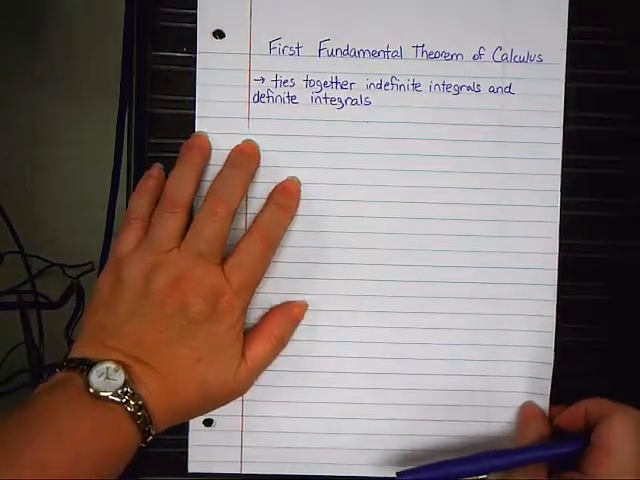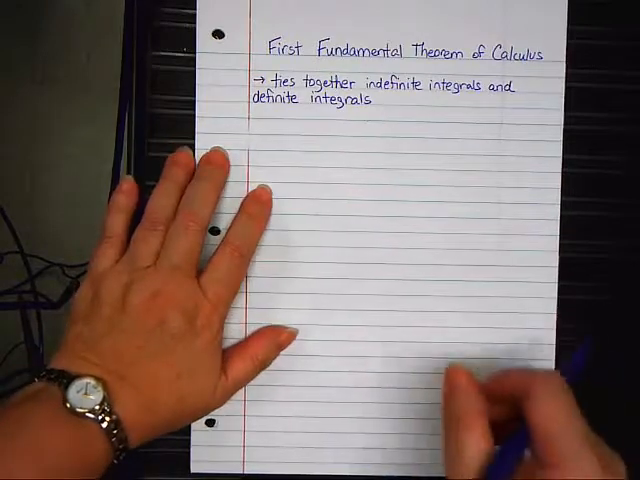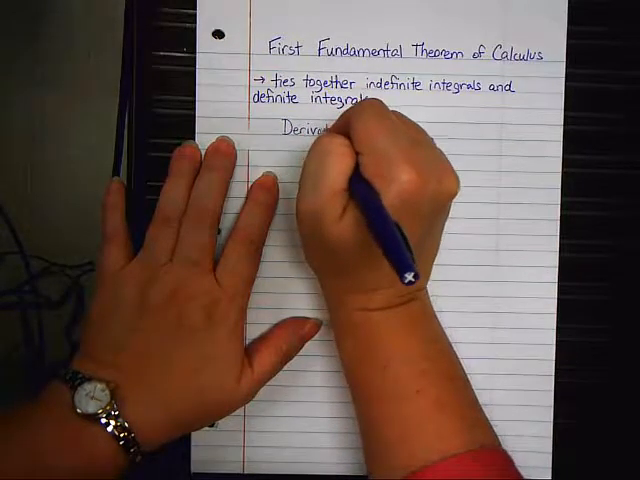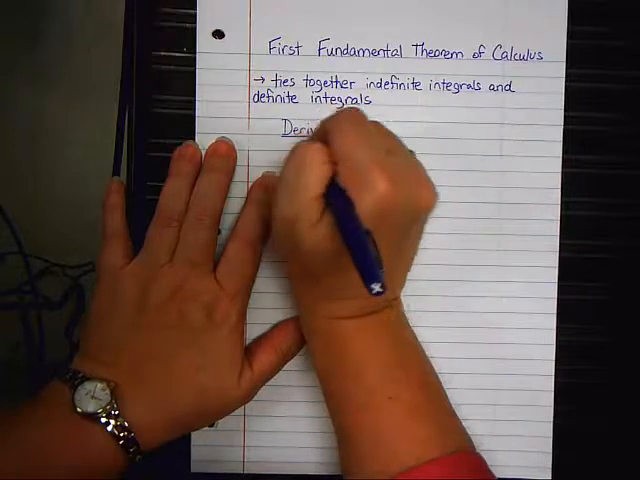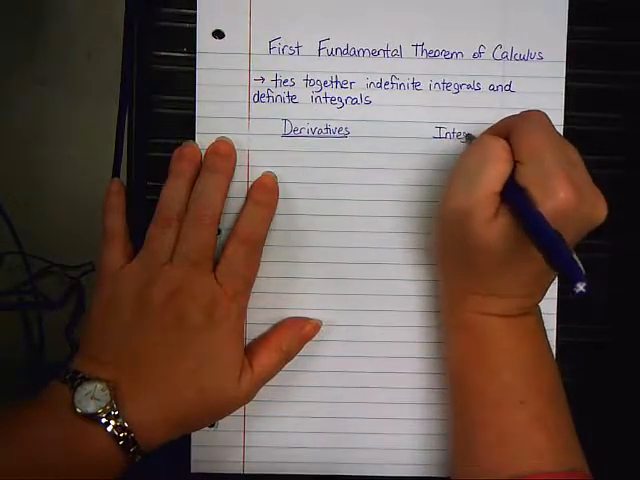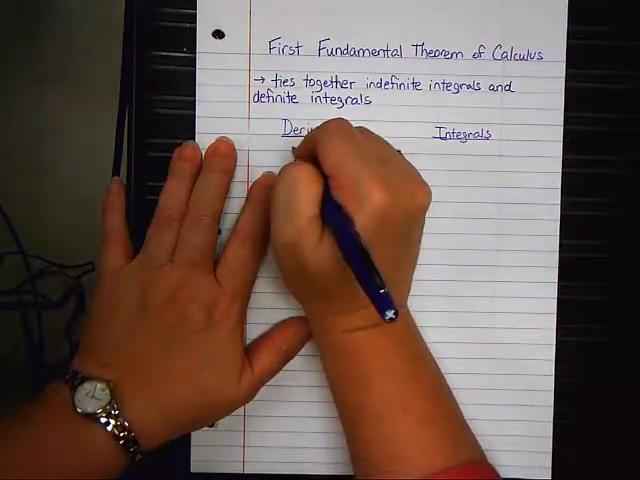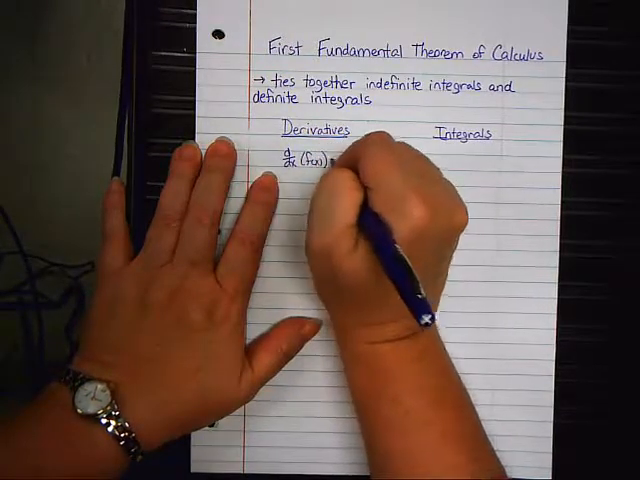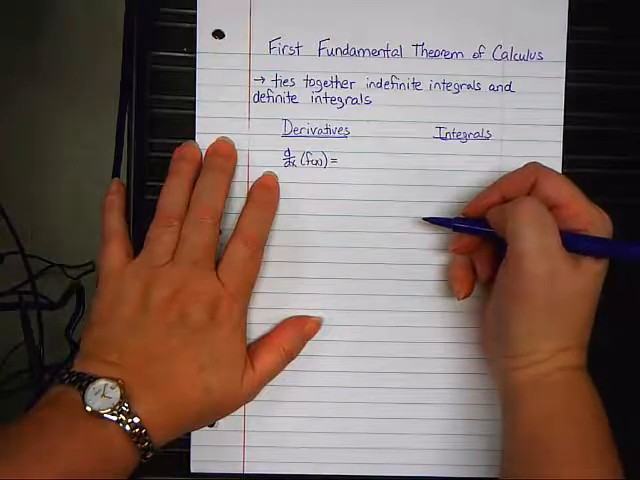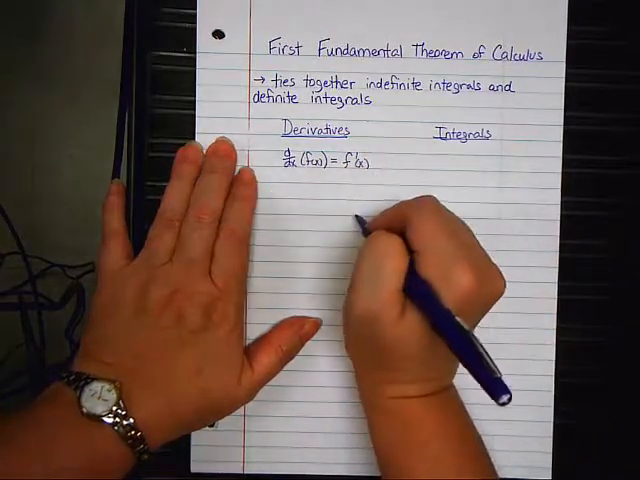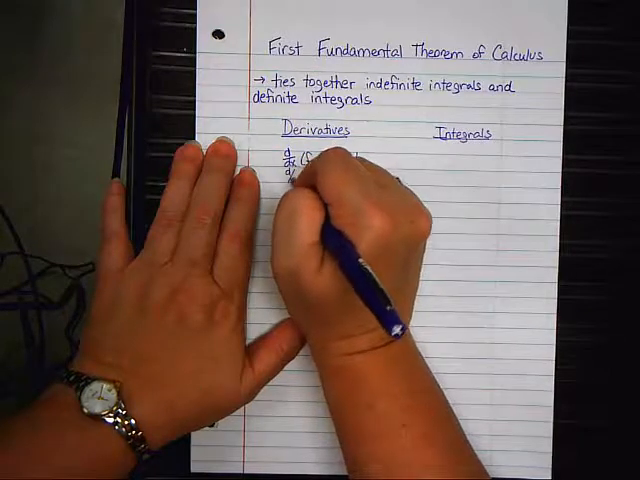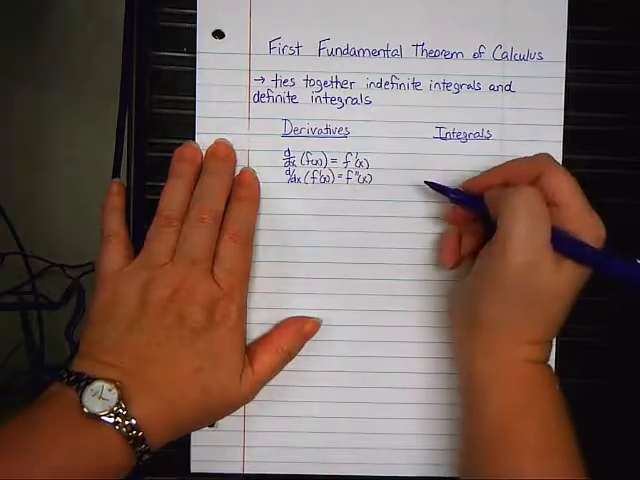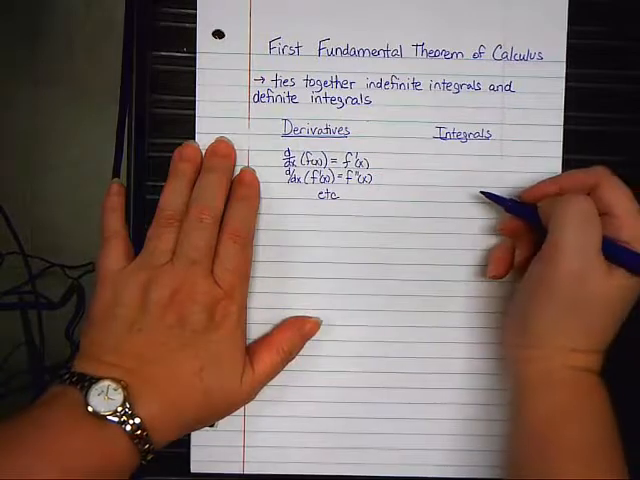Before I start the notes formally, what I want to do is talk about the progression of derivatives and integrals. So, let's talk about derivatives first of all, and then integrals over here. The derivative of f of x is called, somebody answer, f prime of x. And the derivative of f prime of x is called f double prime of x, and so on and so on. When it comes to integrals, however,